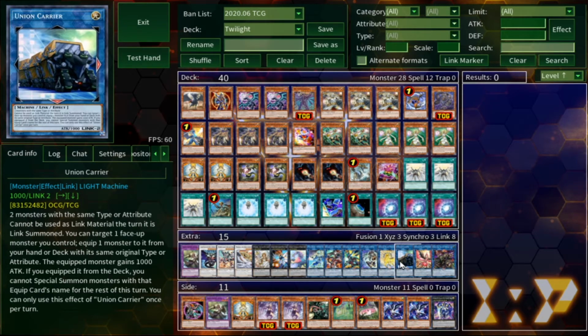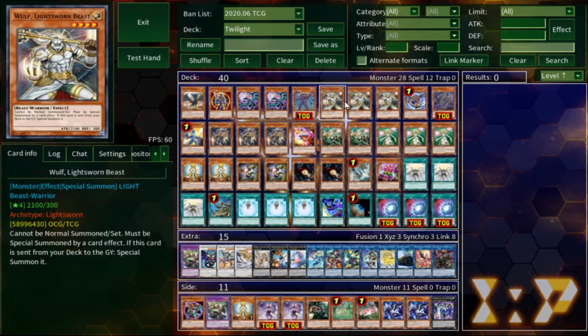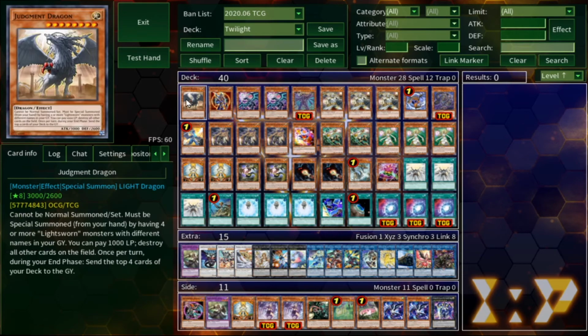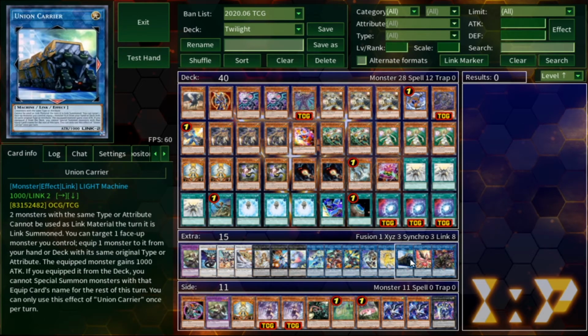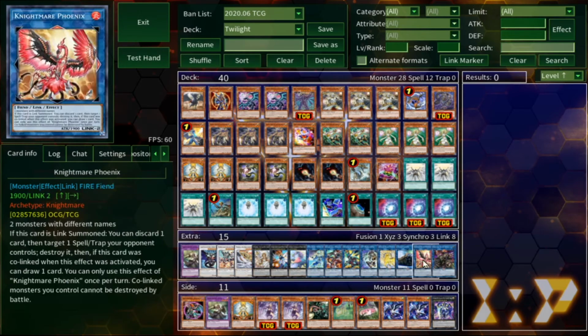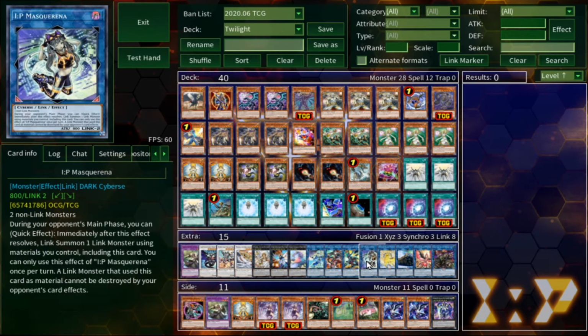Like I said, you don't use them much for anything else other than making your big monsters bigger. But it's still a nice little thing to have if you really need more attack points, or you need to equip a certain Lightsworn that you want as the 4th one in the grave, and get Judgement Dragon out in a pinch. Of course, we also have Nightmare Phoenix for popping back row,